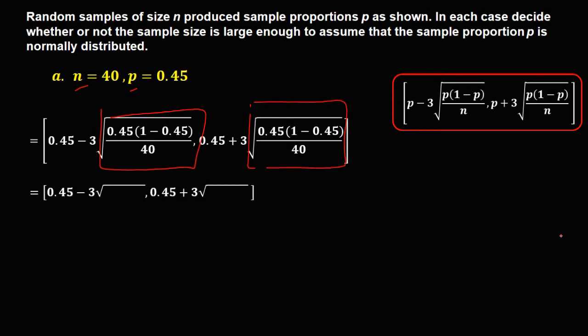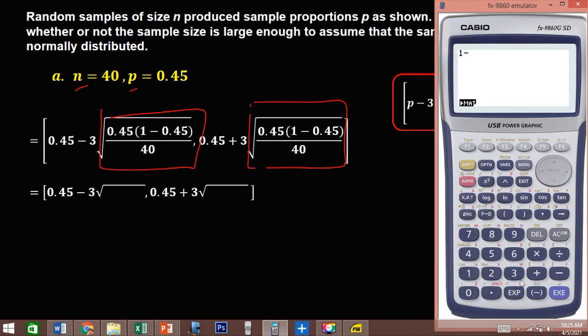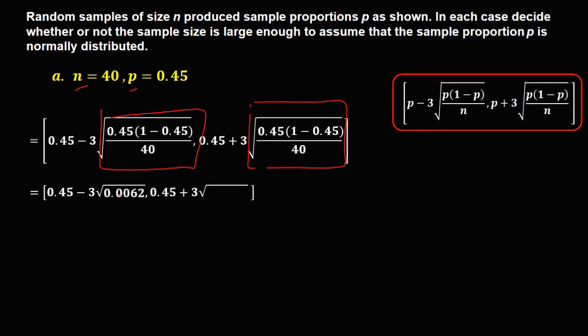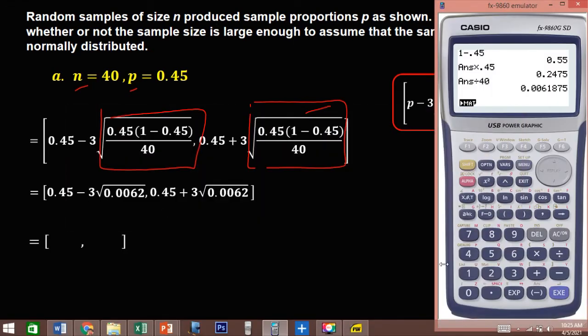Using the calculator, we have 1 minus 0.45 equals, then times 0.45 equals, then divide by 40, it's 0.0062. So this one is 0.0062, and also this expression, that's 0.0062. To solve now for the interval, we have 0.45 minus 3 times the square root of 0.0062,